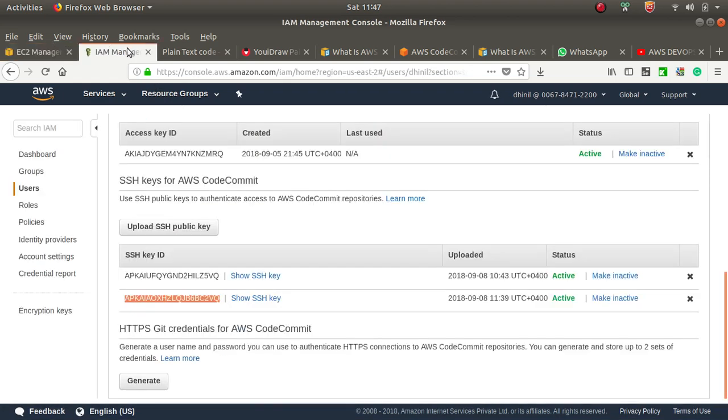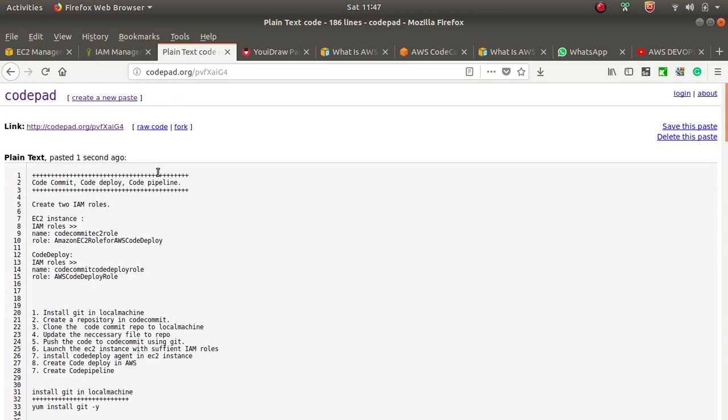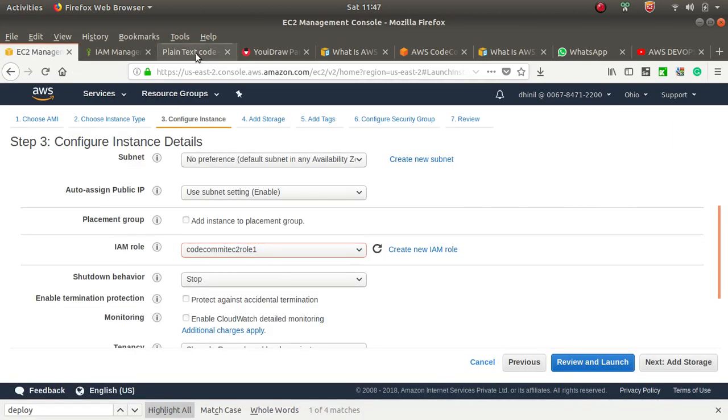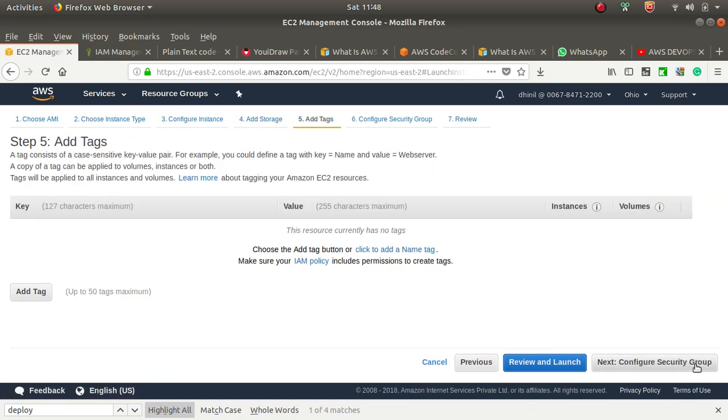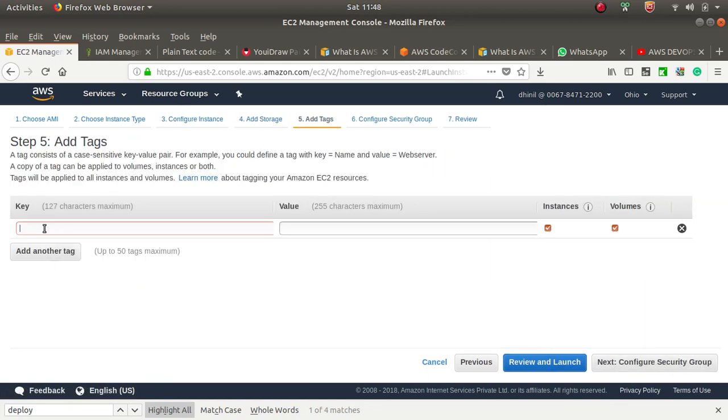This is the IAM role. At the beginning we created 2 roles, and that role should be selected, one for EC2 instance and one for CodeDeploy. And for EC2 instance we selected here. Select that role. Then next add a tag,